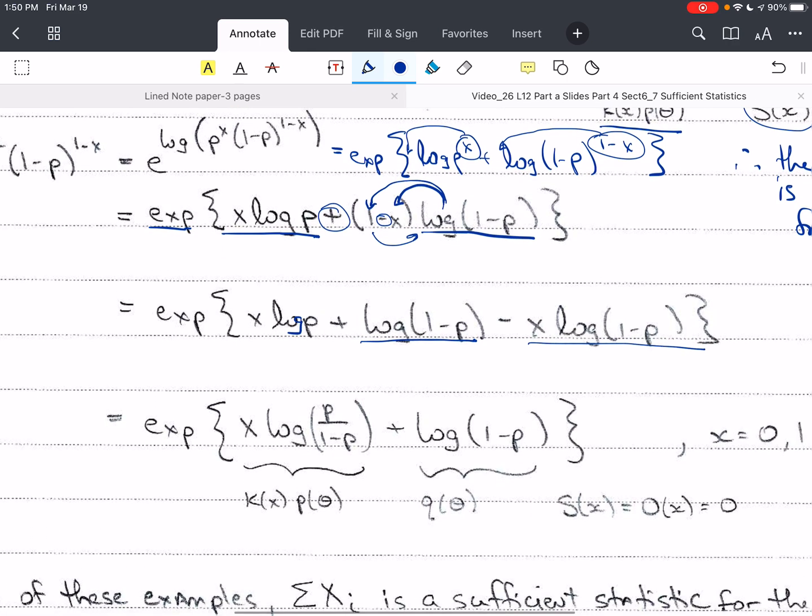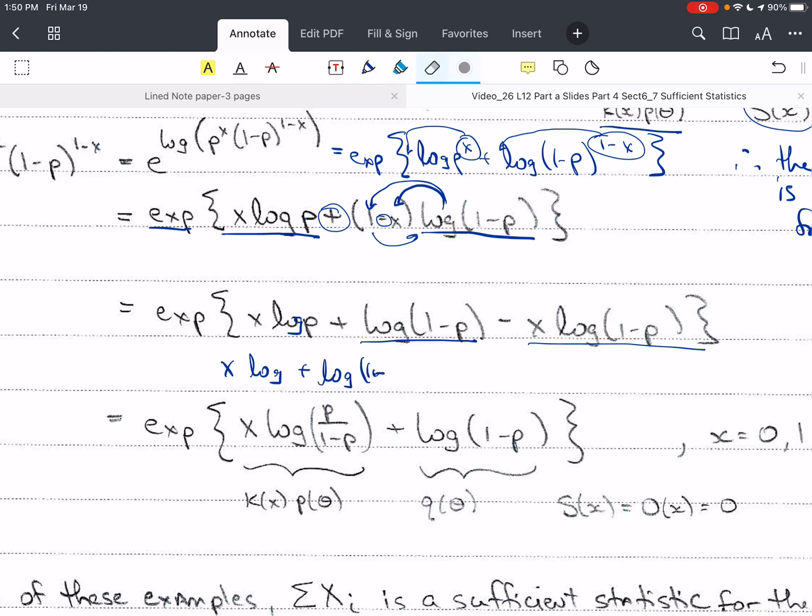And so now what I can do here is I have x log p plus log 1 minus p. You could leave this, you could just say that this is, and there's a p there. You could just say that that is,